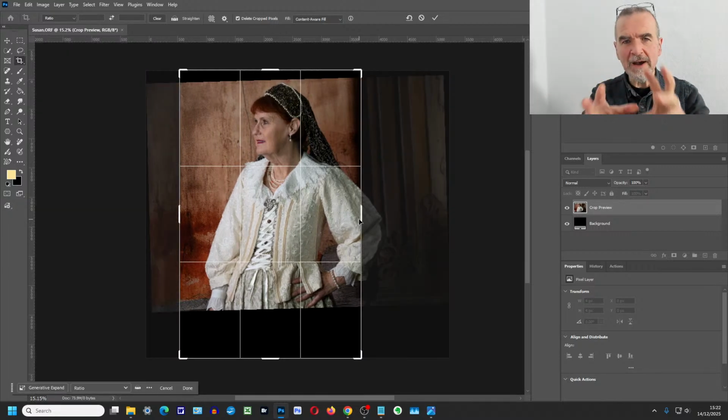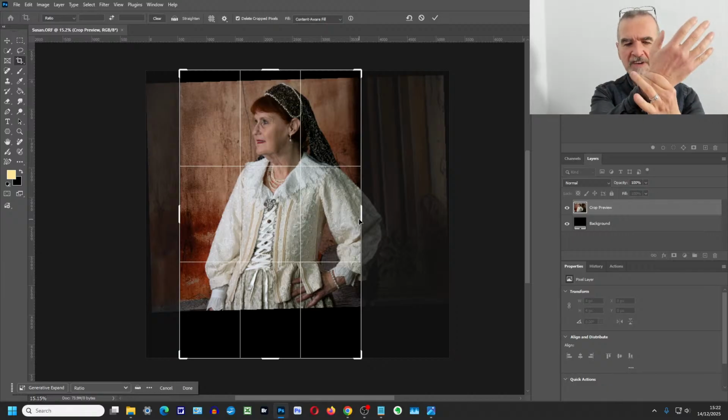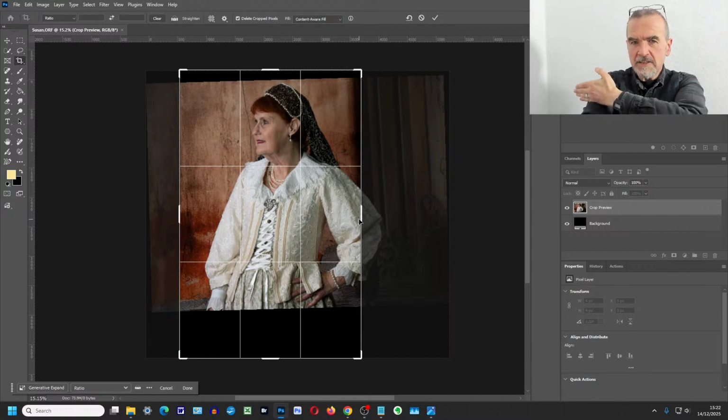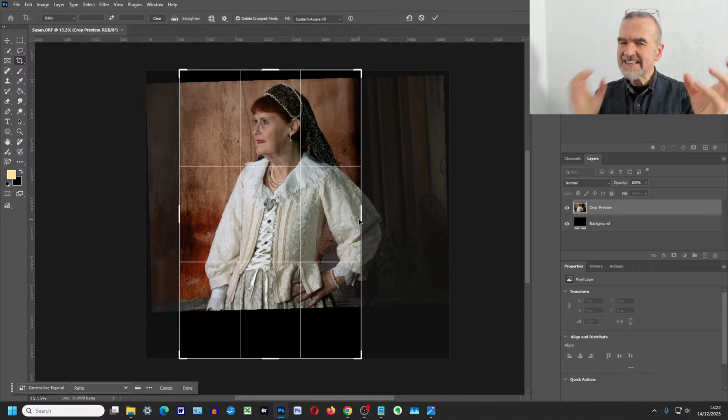One of the things we've talked about before when cropping bodies is you've got to make sure that the crop looks like it was an intentional crop and not a mistake. The other thing is crop in the middle of a limb, not at a joint. So you don't crop at the wrist, you crop at mid-arm or the other side of the hand. You don't crop at the elbow, you don't crop at the shoulder, you crop mid-bicep. Likewise, legs: don't crop at the hip, don't crop at the knee, don't crop at the ankle. Crop mid-shin, crop mid-thigh, crop below the feet. These things just feel more natural.